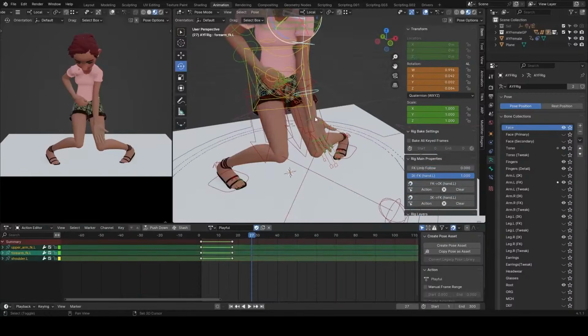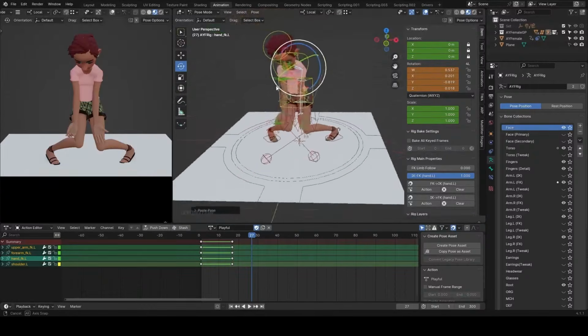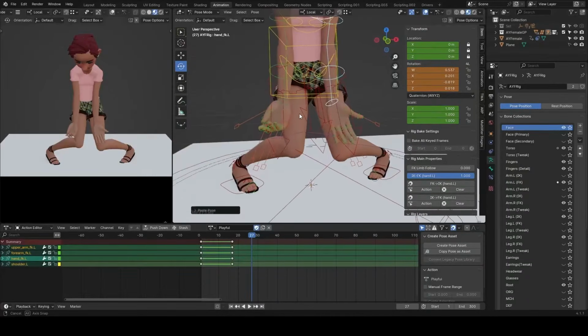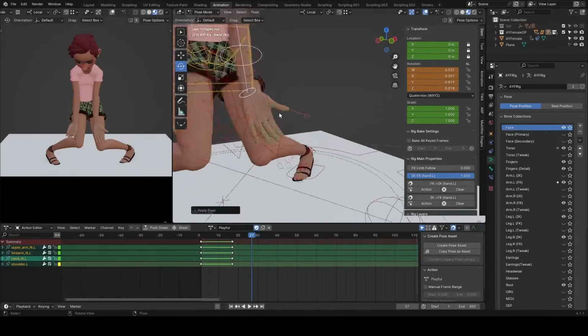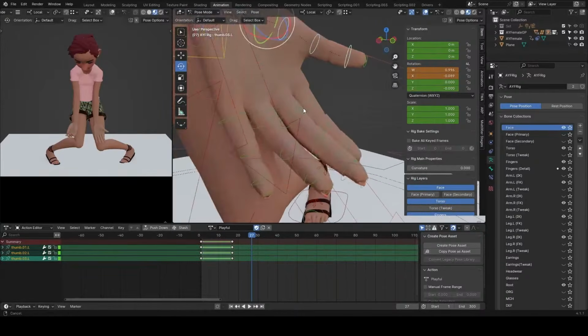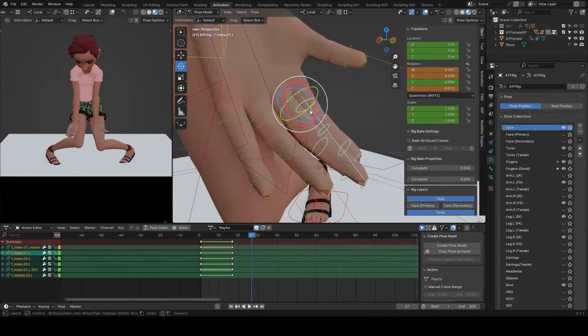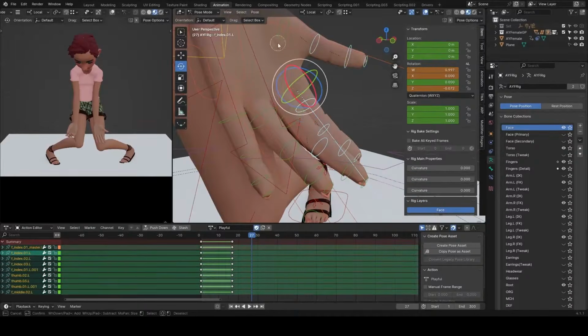So now I just want to select the controls of the left arm, and then Ctrl Shift V to flip to the left hand. So I'm copying from the right, the character's left hand, with Ctrl C, and I just flipped with Ctrl Shift V to the other side. And let me try and do the same thing for the fingers too. Select all the finger controls